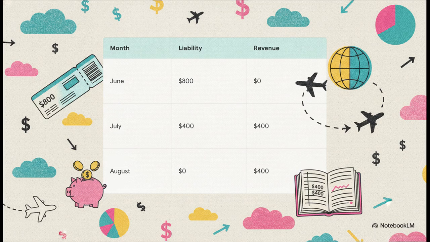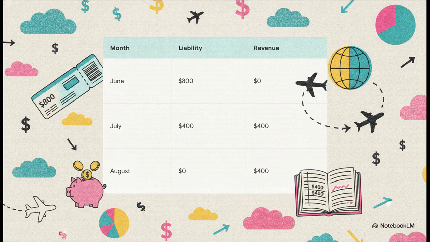The outbound flight lands in the UK. Half the trip is complete. The airline has now officially earned half of that ticket money. So what do they do? They post an adjusting entry. They shrink that liability down by $400, and they finally, beautifully, get to recognize that $400 as true earned revenue